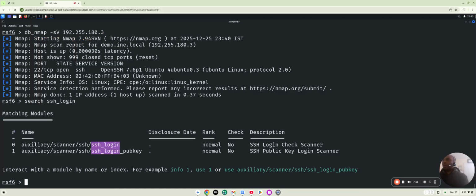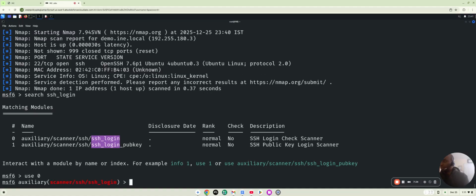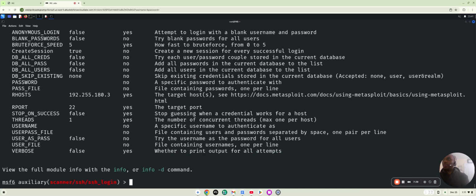All right, so I'm going to use the first one here. Let's use 0. Let's show our options. We can see that our host is already set, which is good. So really the only thing it looks like I'm going to have to set is the username and password, so I can log in here and get a